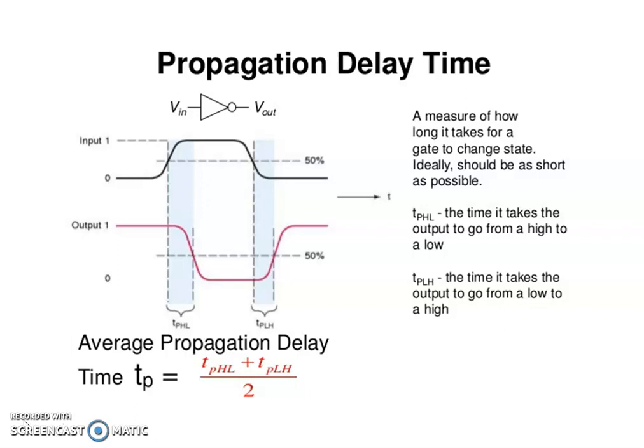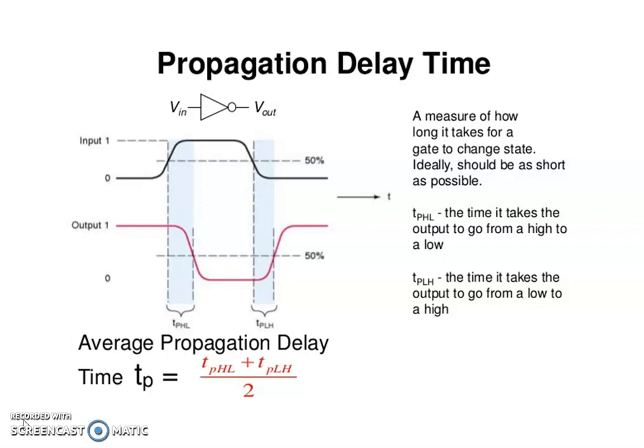The signal traveling from input to output of the system passes through a number of gates. Propagation delay is always measured in nanoseconds. The propagation delay of the system is the sum of the propagation delays of all those gates. When the speed of operation is important, each gate must have a small propagation delay and the digital circuit must have a minimum number of gates between the input and output.